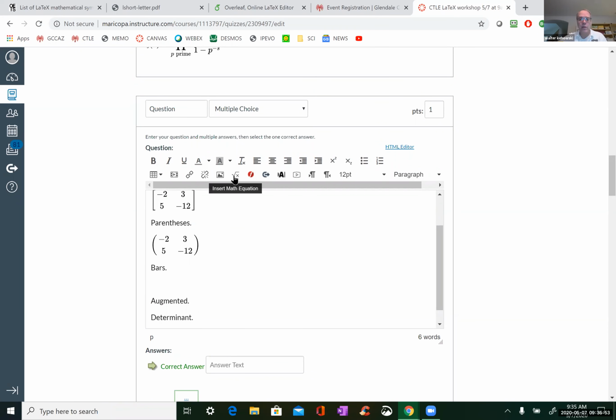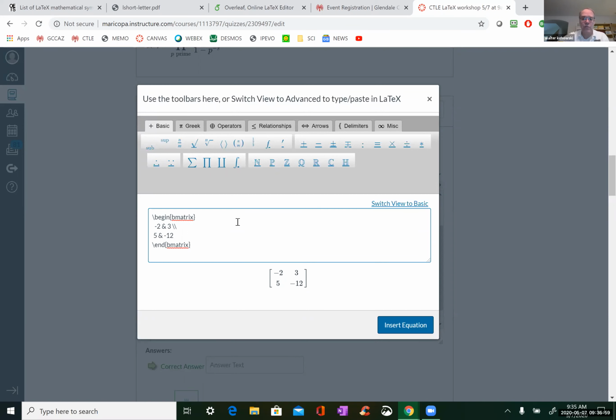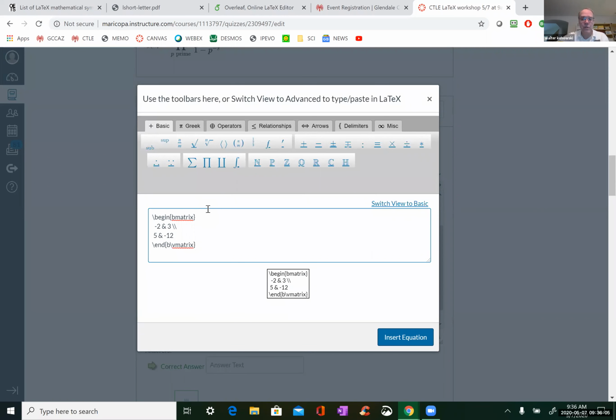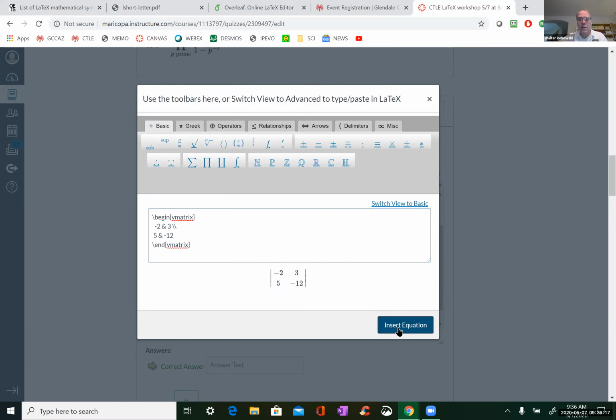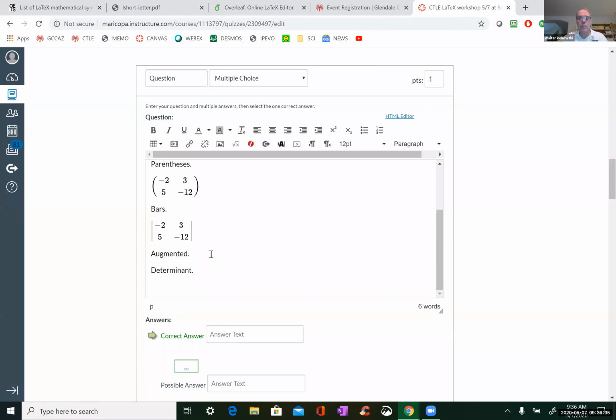If you want bars, then you change that to a V. Oop, I'm obviously doing it again, right? And you have bars. Okay, now if you want double bars, you have to use the array command with double bars on it. Okay, we won't get into that. We could do it, let's see.